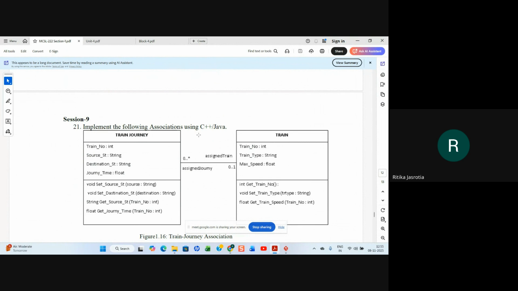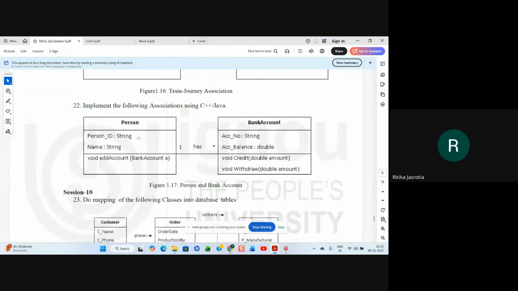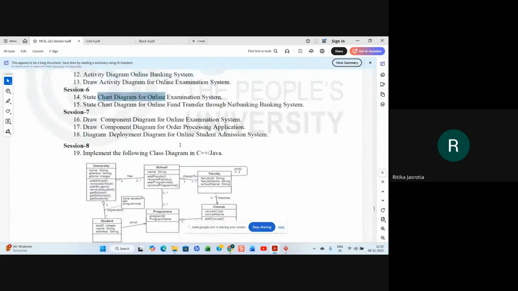In the practical also. Again, this is the diagram they are giving, and they are saying you implement the following association in C++ or Java. Again they are asking you to implement in C++ or Java. And this is, do mapping of the following classes into database table. So we will see how this is converted into a table in a database also. So these things will be in block 4.